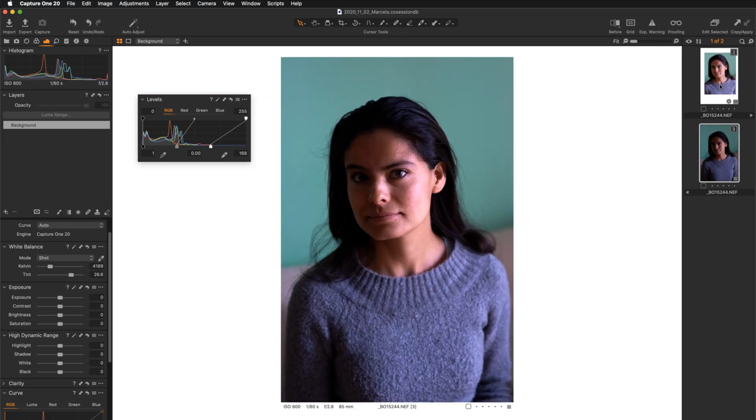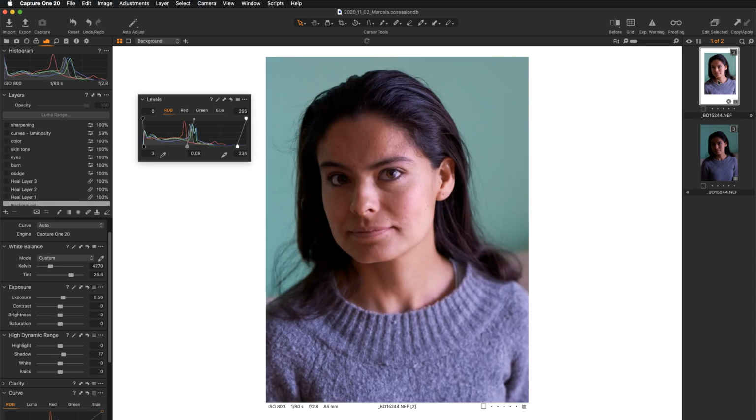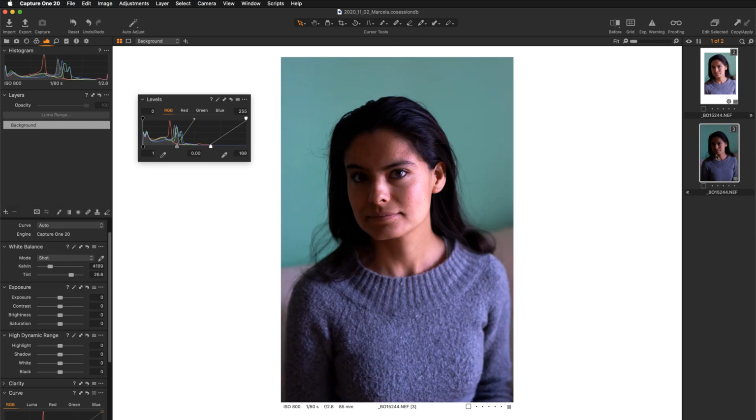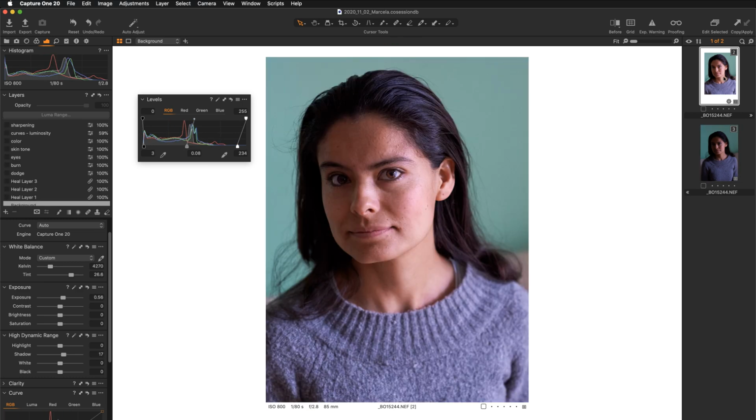So let me just quickly jump back to the previous image. Here I have manually readjusted those points, but basically what was applied here is quite near to what is happening here. I have readjusted those points manually because, as I just mentioned, at the background layer, so we are here now, I was manipulating the shadow slider. I wanted to open up those shadows and introduce a little bit more light to have her face lit